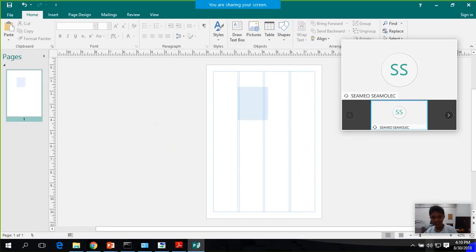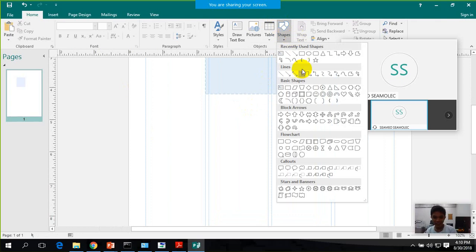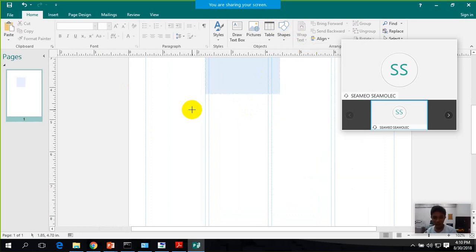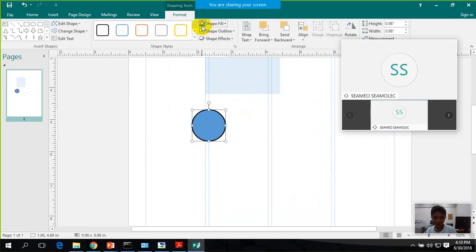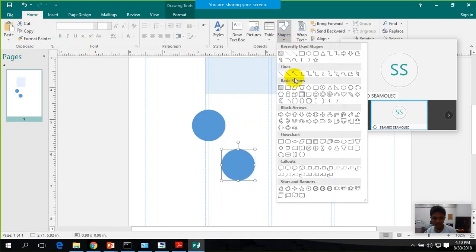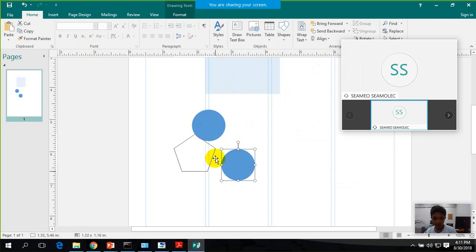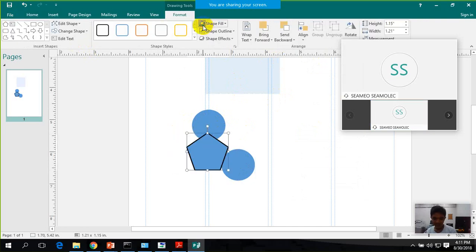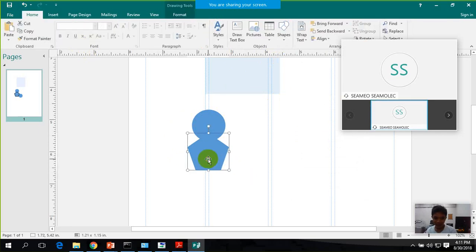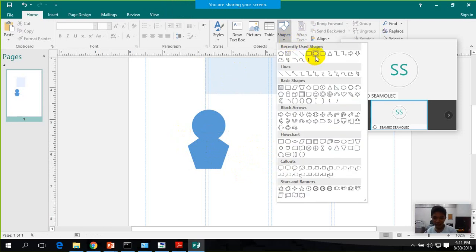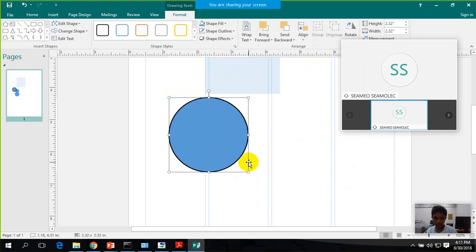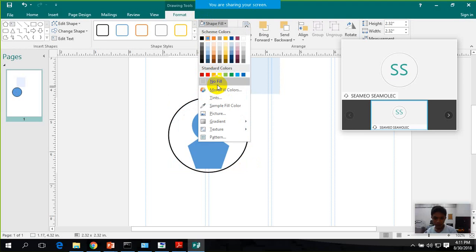In doing some graphics, you could use your creativity, because using some shapes, like making a person, you could use a circle and then the pentagon. So in that you could definitely make a life-like person graphic for the column, and then place it with